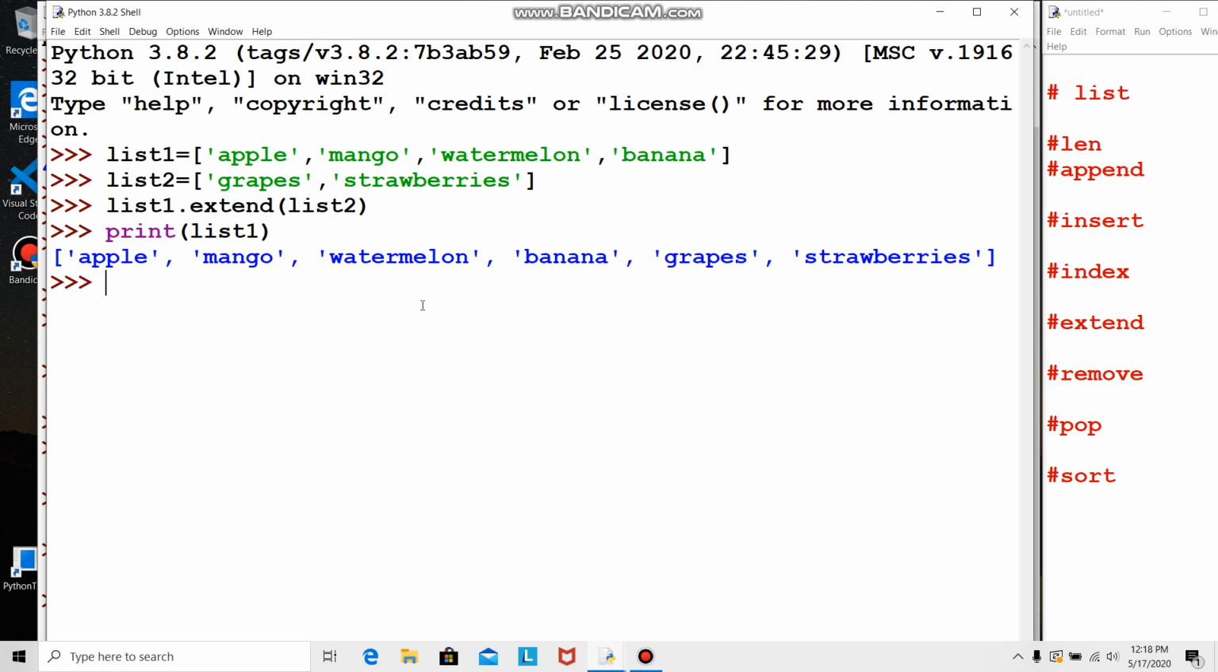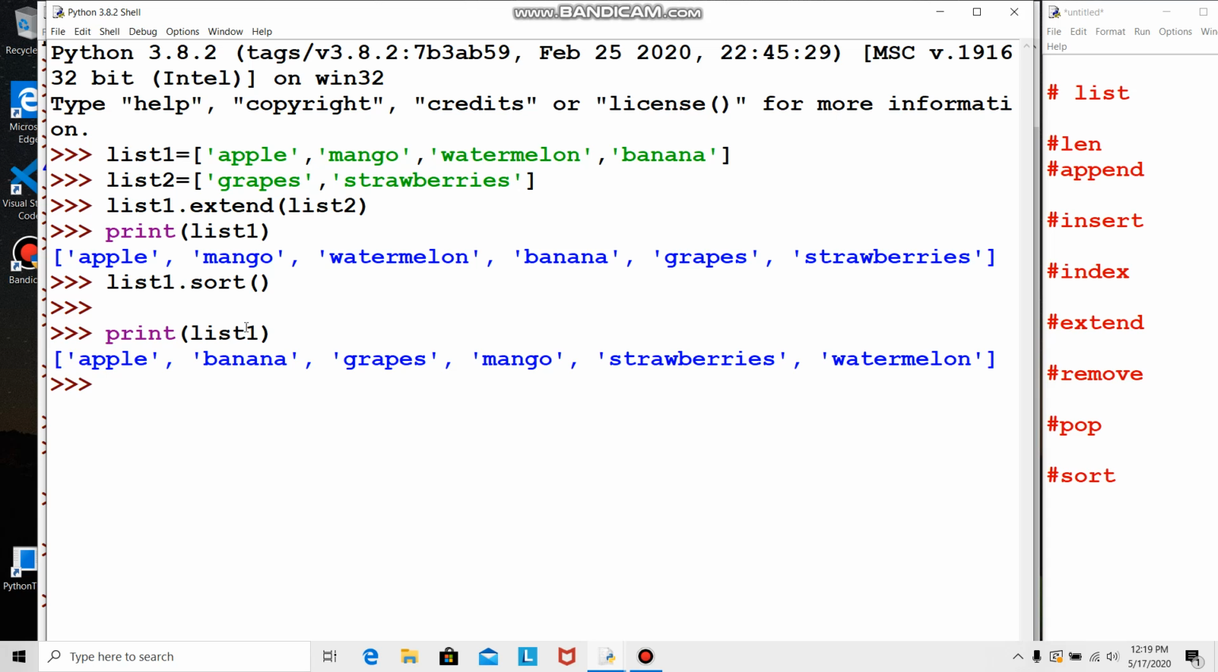So we saw pop also. List dot pop will remove the last one. We can go on popping till list become empty. It's possible. Now we'll see the sort. This one is important. List 1 dot sort. Okay, and I will do print list. List 1. Okay. And you see now after doing sorting, it has done the alphabetical way. So apple has taken the first position, banana is second position, and as the alphabetical order it has taken the